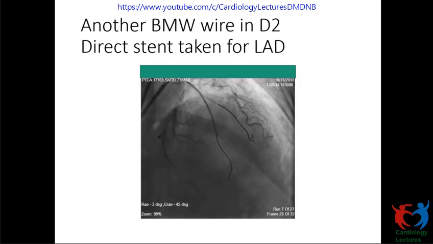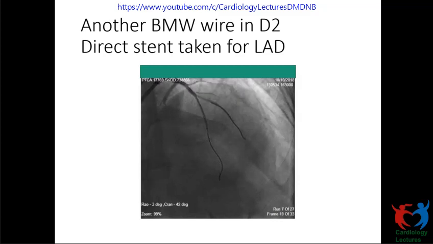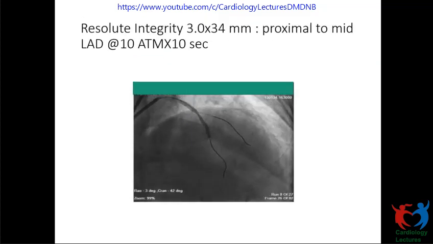So, direct stent was taken. This is a very regular kind of STEMI, with a big diagonal coming. All of us have cases which are fine. I don't remember one where I ended up putting 2 stents. I agree, ma'am. I think we can manage with the provisional stenting of the LAD. In fact, madam has done the same thing. First, she has done the stenting to the LAD. Okay, let us see what happened.